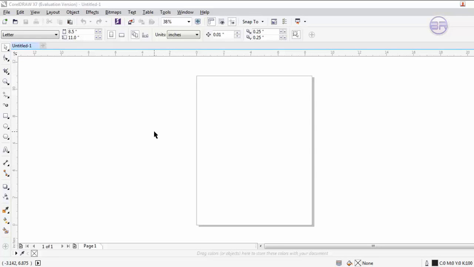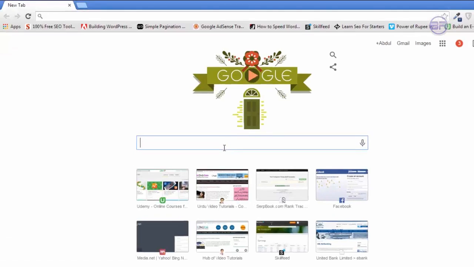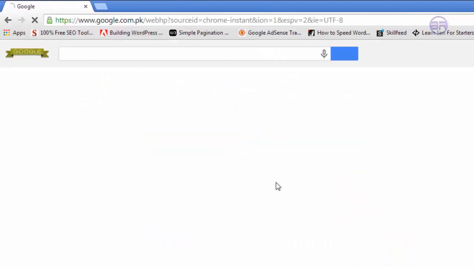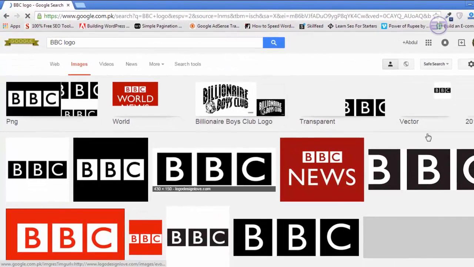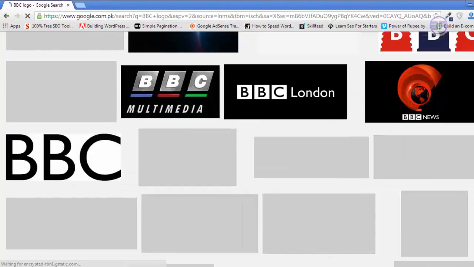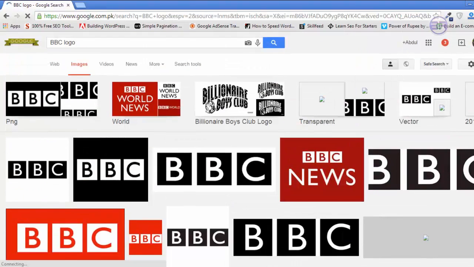So let's start with a very basic thing, a very basic logo like BBC. If you go to Google and write BBC logo, you will see this kind of logo. Very simple, very easy. You can create this kind of logo in CorelDRAW very easily, and we will create this. I will create it in front of you. So for example, if you want to create exactly this one,